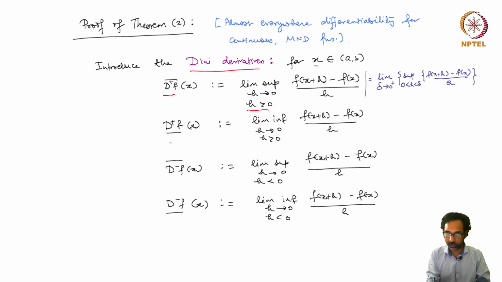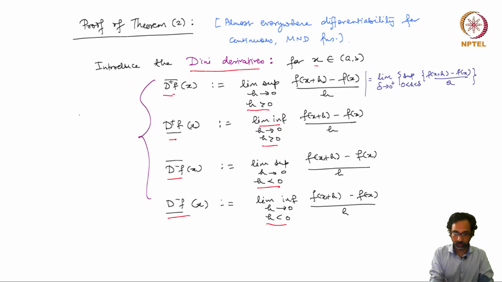So the second one is D plus f lower bar. This is lim inf as h tends to 0 with positive values. Similarly D minus f upper bar is lim sup as h tends to 0, but now h is less than 0, and D minus f lower bar is lim inf as h tends to 0 with h taking negative values. So all these Dini derivatives exist